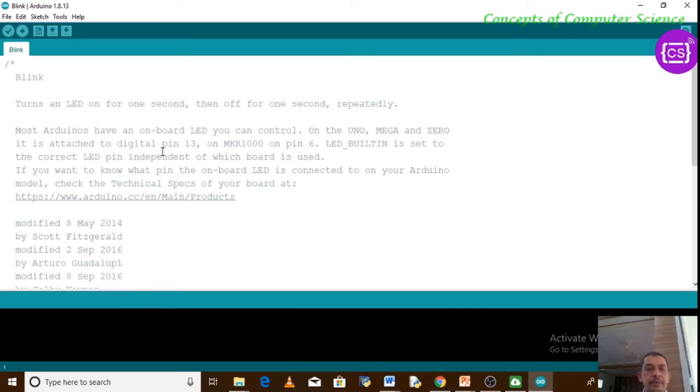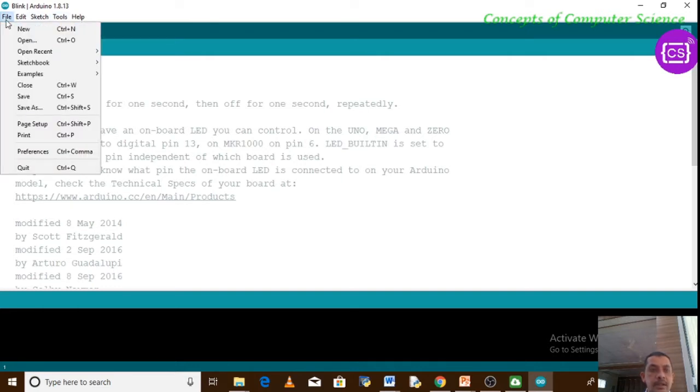Here you can write your program. Different menus are there. You can check this File menu. Here you have all the options available with the IDE, like New. You can select New to write your program. You can open an earlier written program, which we call a sketch.